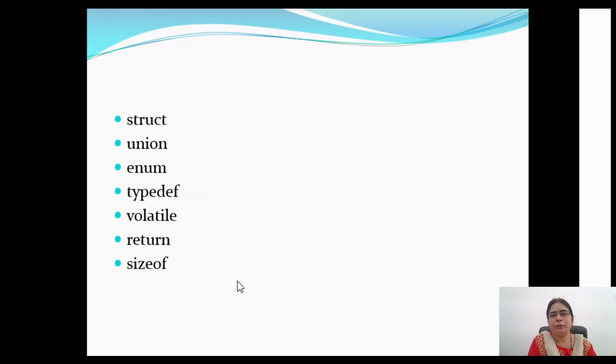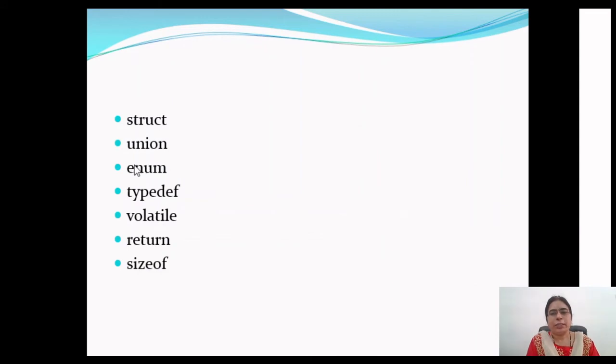So the memory allocated for a union is the memory required for the variable with maximum size. If we allocate the memory for the variable with maximum size, we will be able to store the value of any variable. That's why the memory allocated for a union is the memory required for the variable of maximum size. This is done basically to save memory space. So structure and union, if we declare them, the declaration is the same for both, but the difference between the two is that in structure we store values for all the variables, but in union we store the value of only one variable.